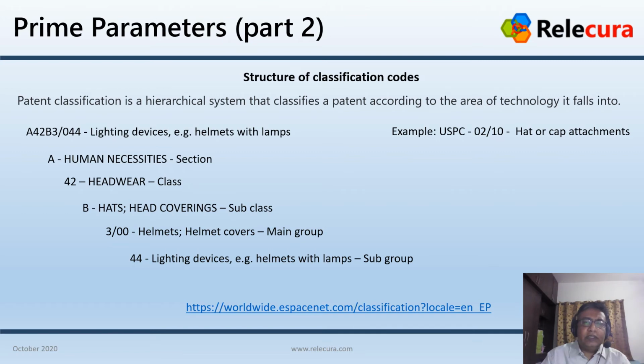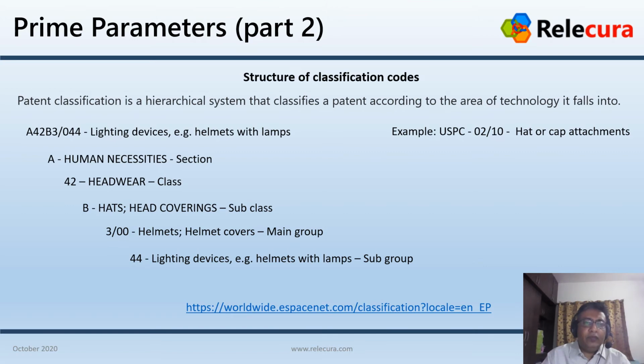So this is the structure of classification code. As I told you, it's a hierarchical system. So here, if you are looking for helmets with lamps or lighting device, the classification code will read as A42B 3/044. Here you can see A, which is a section, will be talking about human necessities, and